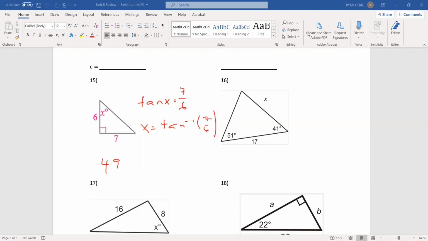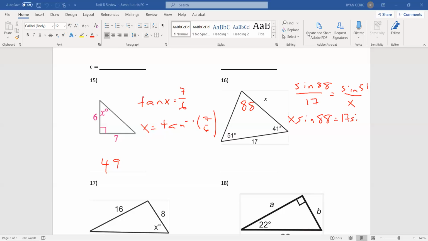On to 16. Looks like law of cosines. A lot of people fall for that trick and think that it's law of cosines, but we can actually find that third angle very easily. 180 minus 51 minus 41 gives me 88, and that's what I need to do the law of sines. Now I can do sine of 88 over 17 equals the sine of 51 over x. Cross multiply, you get x sine 88,